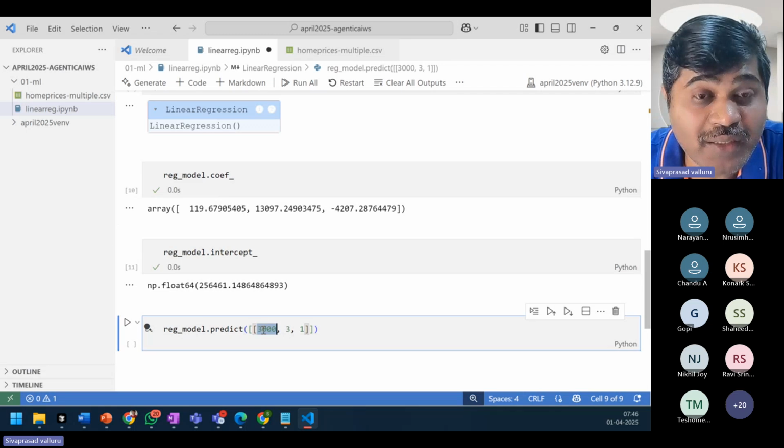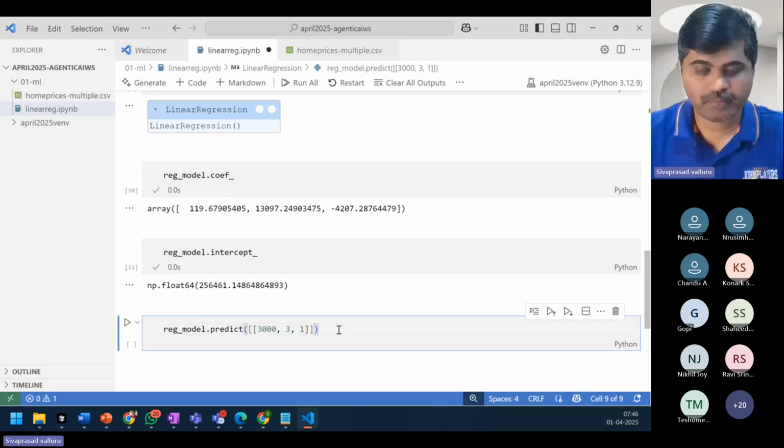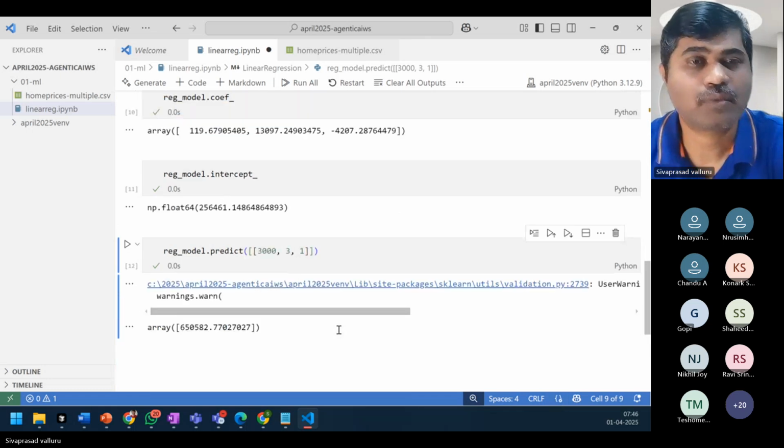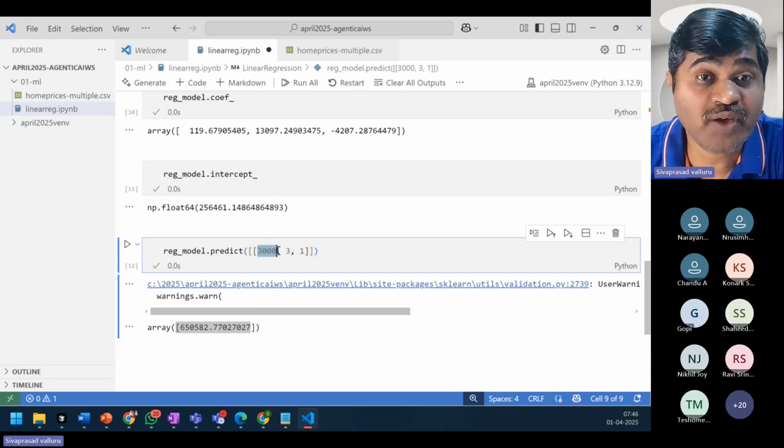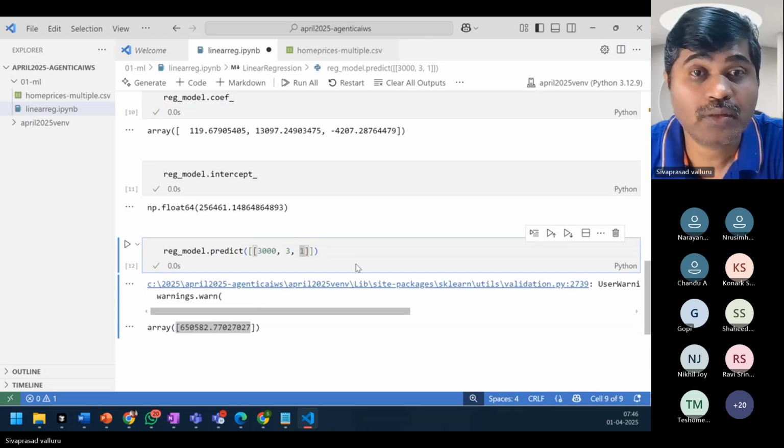The first argument is 3000 square feet area, number of bedrooms is 3, and age is 1 year. I want to predict. Let me run. What is the value? 650,582. This is the price of a house with 3000 square feet area, 3 bedrooms, and 1 year old.